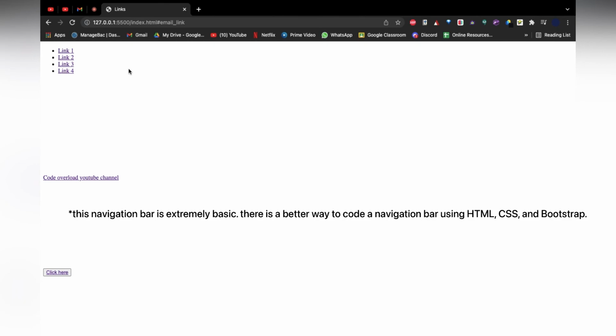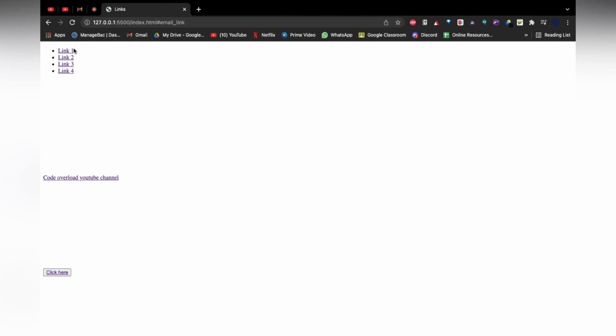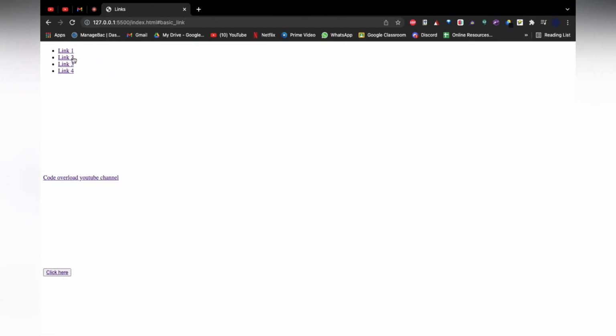So this navigation bar is extremely useful because, for example, when you press on link 1, it will redirect the user to this part of the web page which they want to read. Let's say they want to press link 2, then it scrolls down to this, the button link. Then link 3 scrolls down to the image link, and finally link 4 takes you to the email link. And that is basically how it works.